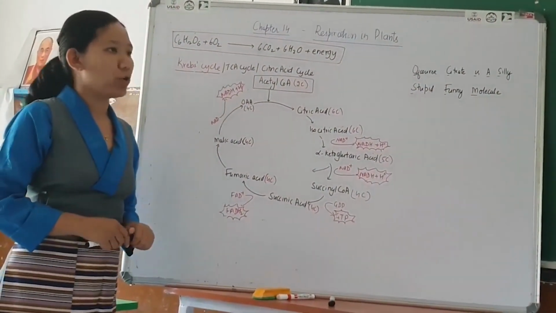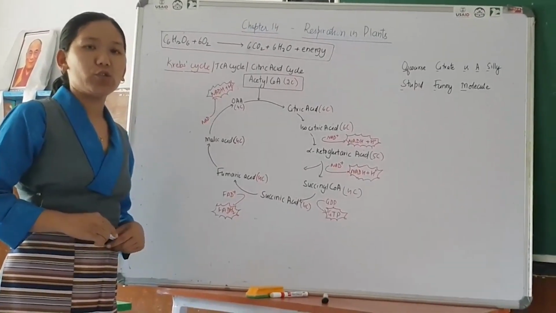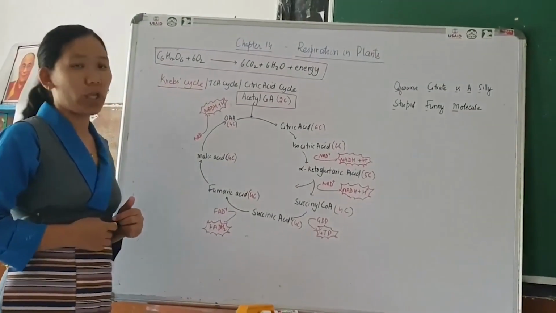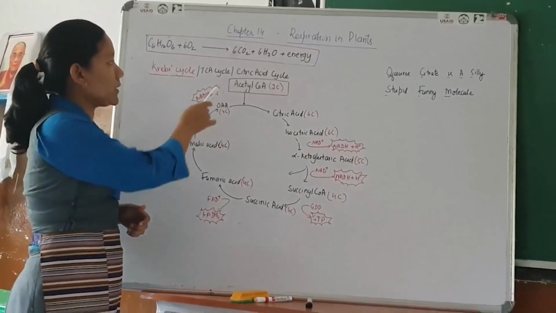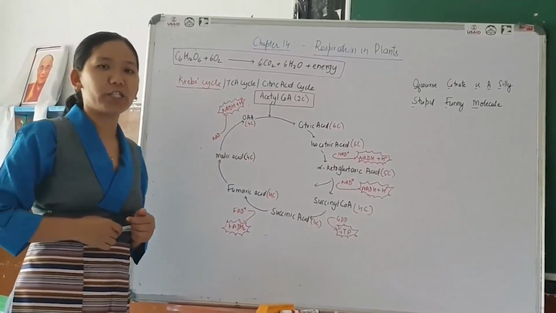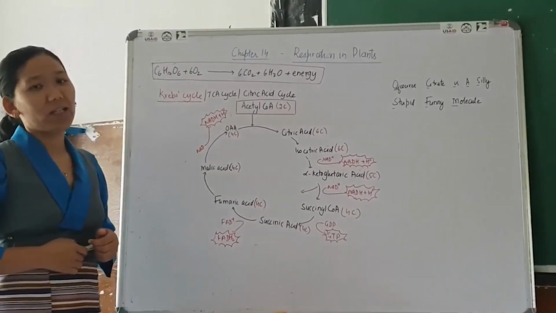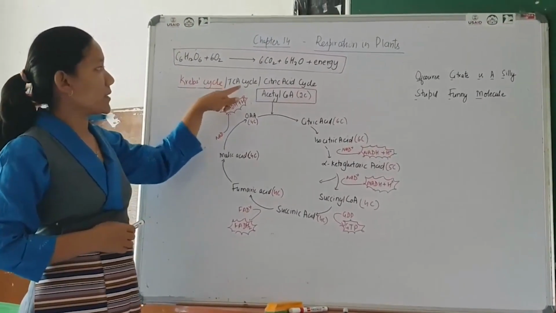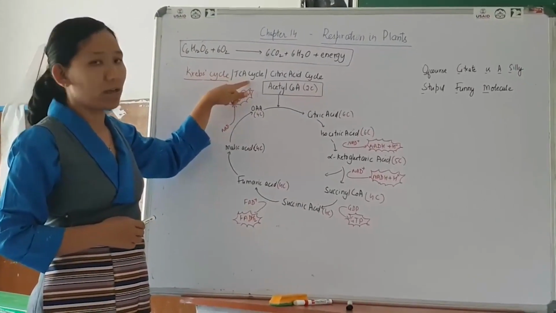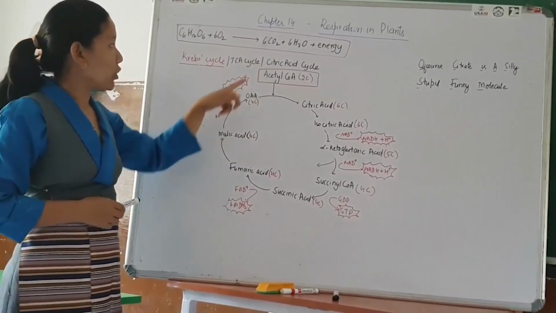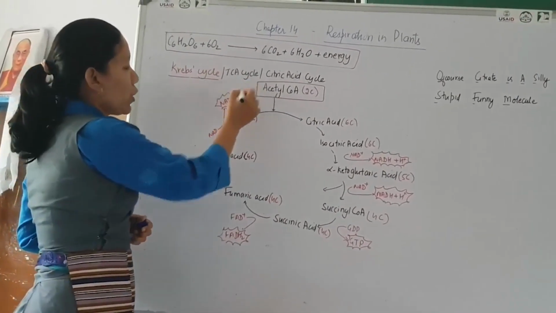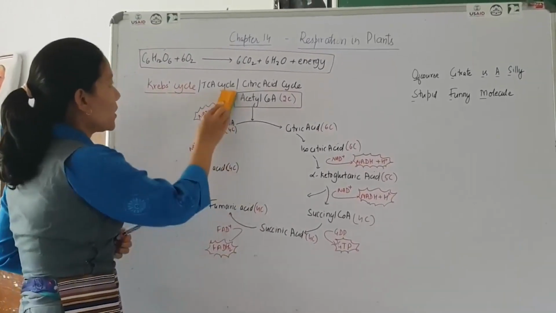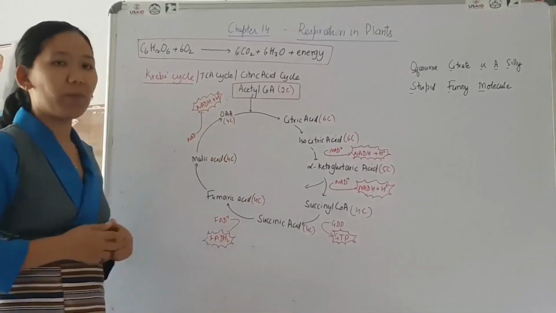Okay, so during oxidative decarboxylation, 2 molecules of pyruvic acid are converted into 2 molecules of acetyl-CoA. So these 2 molecules of acetyl-CoA enter into the next type of reaction, explained by Sir Hans Krebs, called the Krebs cycle or TCA cycle, that is the tricarboxylic acid cycle or citric acid cycle. Here actually 2 molecules of acetyl-CoA enter the Krebs cycle, but I just explain only one of it, so you can multiply by 2.